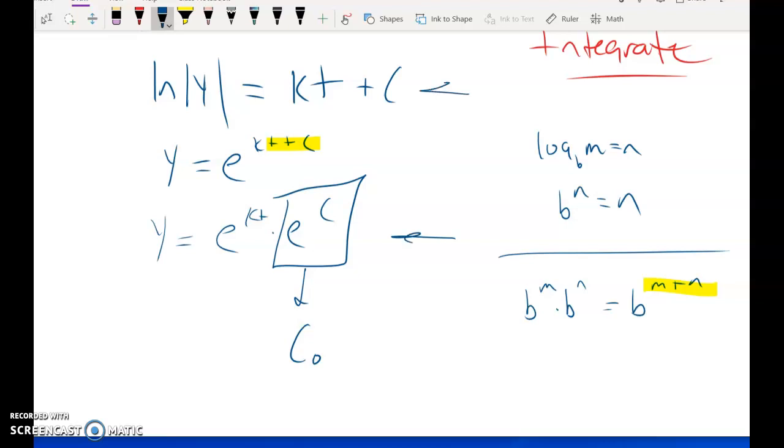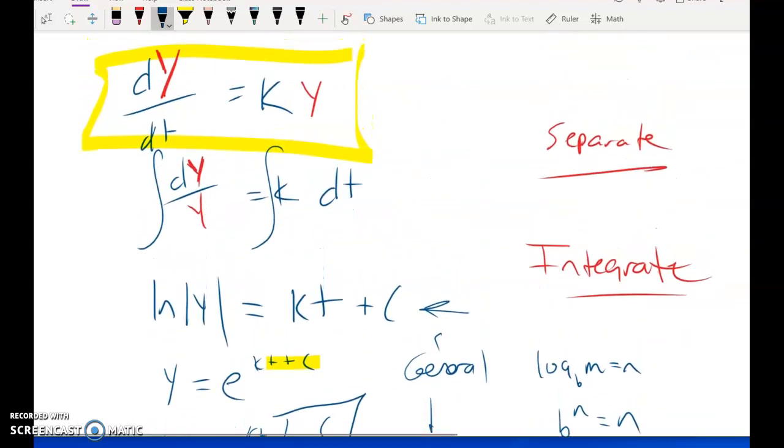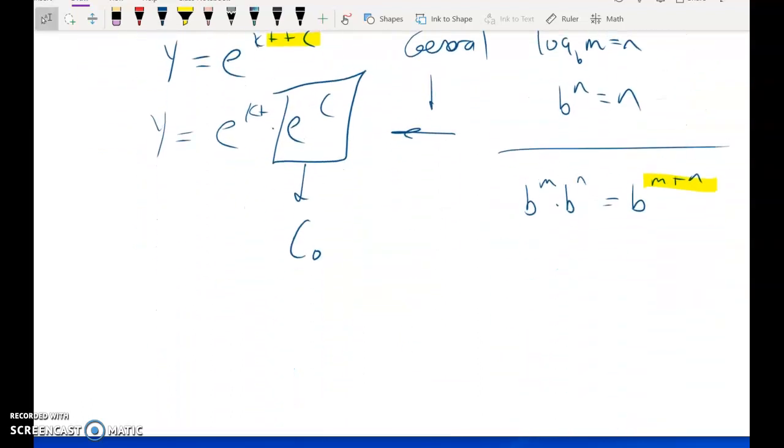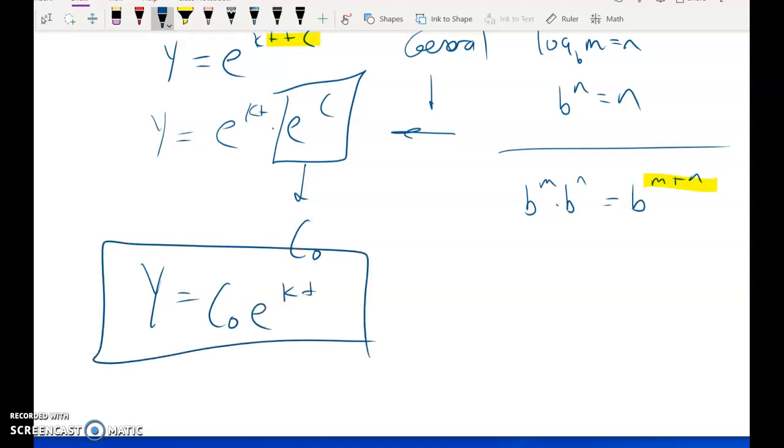So I don't really know what c is. This technically is still the general solution because it has that constant of integration in it, of the original differential equation, dy/dt equals k times y. But I want to make it look a little cleaner. So e to the c is some constant, and I just call it some other constant, c naught. You can call it whatever you want, really. Then I just rewrite the order, so I put the c naught in front, and then e to the kt. And this is a general solution